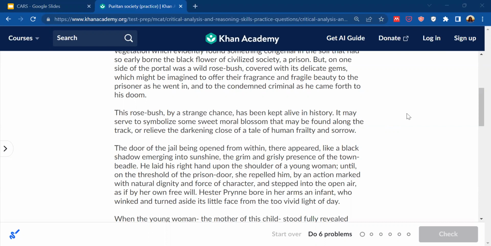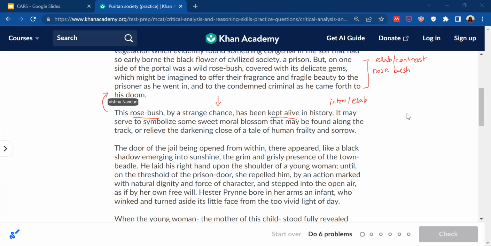So, we talked about this rose bush up here. We know that's elaboration, kind of contrasting the ugly prison building. And now they decide to talk a little bit more. So somehow this rose bush has been kept alive in history, meaning for some reason, even though the prison is so ugly and it's not the best area, this rose bush has survived. So we could say either it's an intro because we didn't really know much about the rose bush coming into it, or you could say, hey, this is elaborating on what they talked about from that previous paragraph. So you can look at it in both ways of connecting it back to what you read,